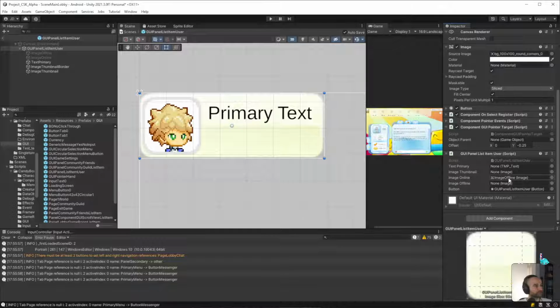Oops, that's the wrong one. So we'll go with offline, online, thumbnail, and then the text primary. Okay, so now we're pointing to the right reference because I'm going to add likely additional functionality that won't need